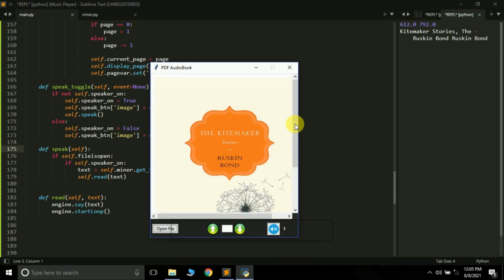So this was the thing that I wanted to tell you. If I click this button here, instead of speaking, my GUI just got hanged. This is what happens when you use speech in Tkinter. Here comes the concept of threading.